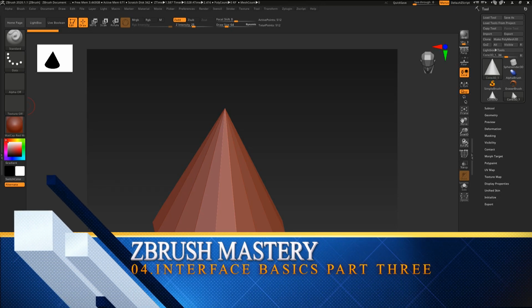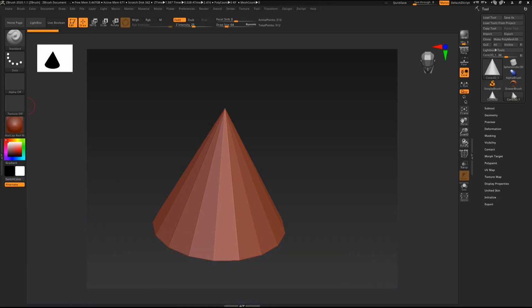Hello guys, welcome back. So what we have learned so far is dot tool, shape tool and how we draw tools in canvas and go into edit mode. We also talk about tools and primitives, and the most important thing is to choose any tool and go into edit mode, which is 3D mode.